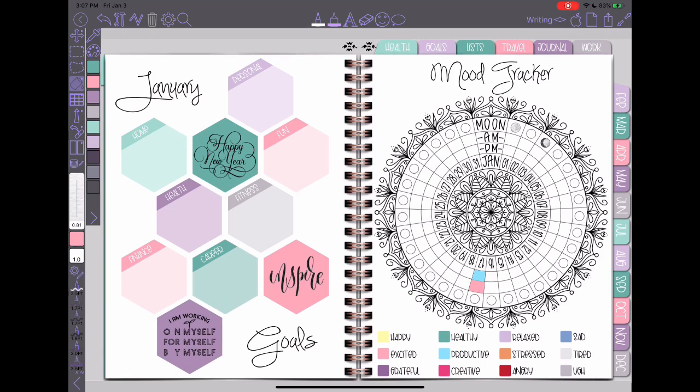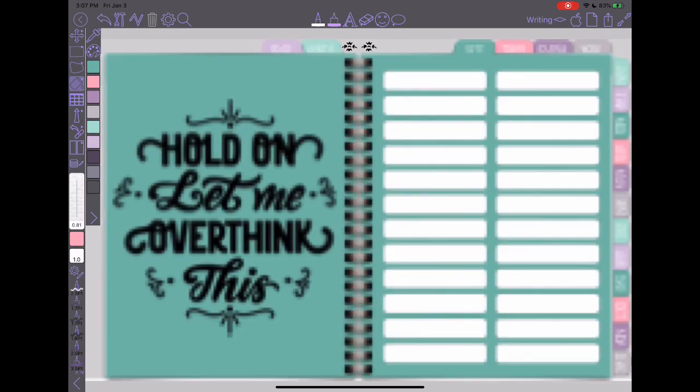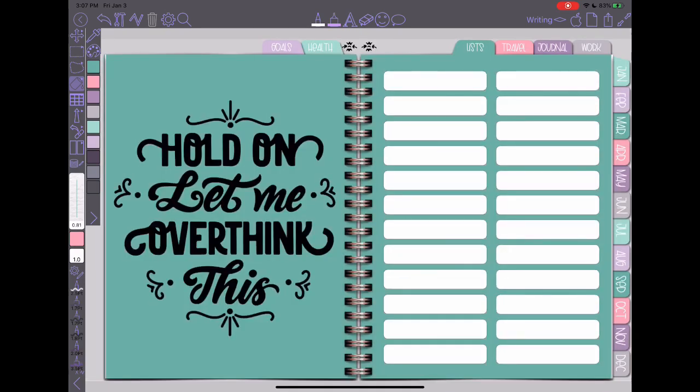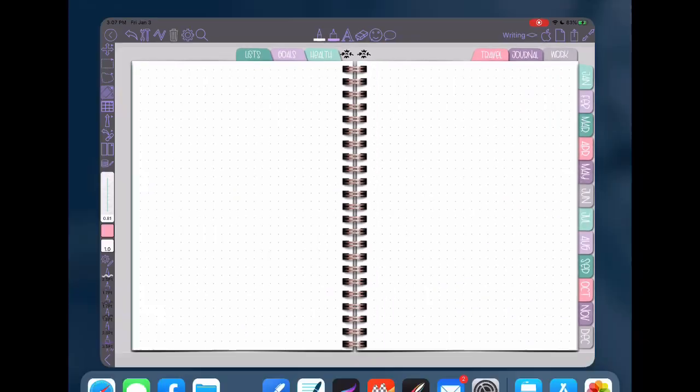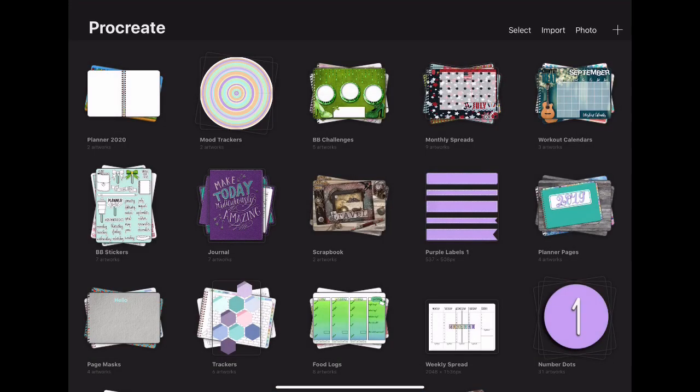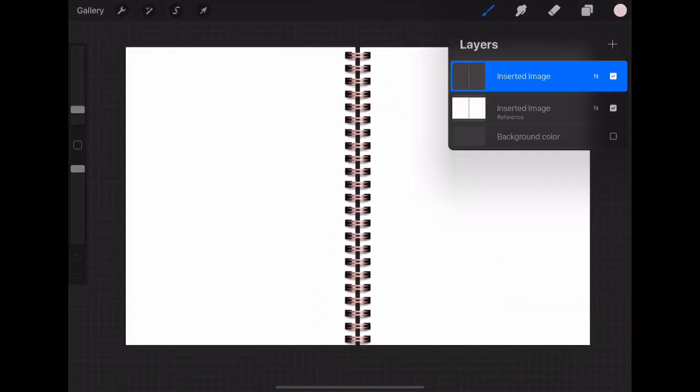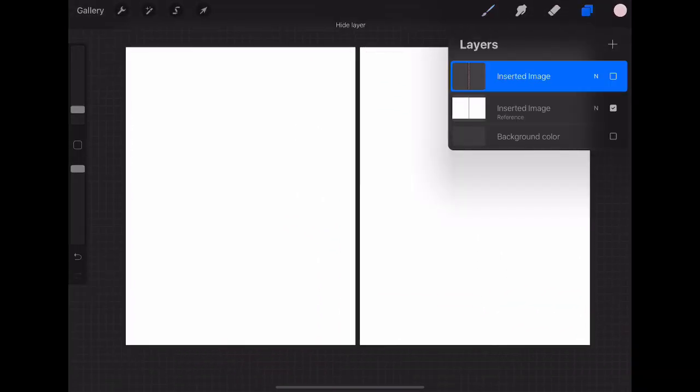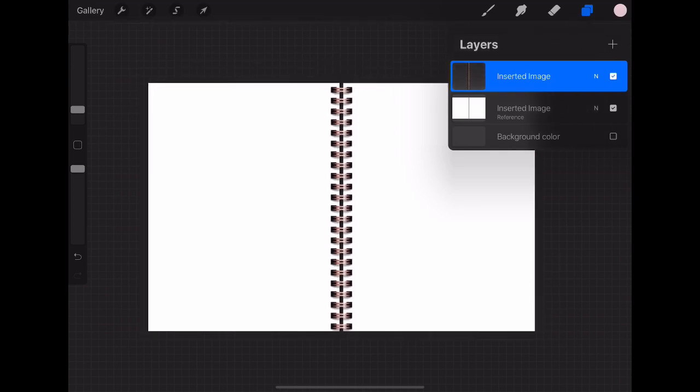Okay, so after that, I just started making some different layouts in my planner, and there's a couple of different ways that I like to go about doing that. Most of those would be in my list section, probably. So one of the good things about making your own planner, let's go into this first one here, is I have everything I need in Procreate for the exact size of my pages and all that. So it was super easy to get a page template. You can see here I have my page template that I can bring in, and the rings are on the above layer. So I can fill in my template, put the rings back on, and then I bring the page over